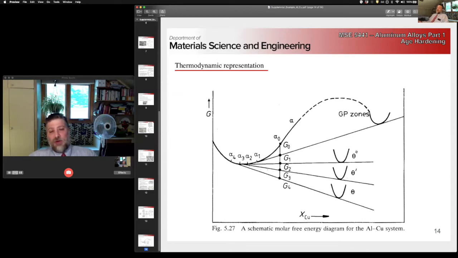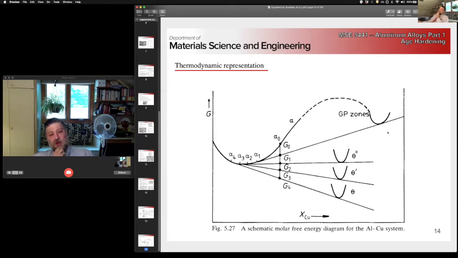We're going to become more and more aluminum rich in the matrix. And what's interesting is each of these is progressively lower in copper, right? It's richer in aluminum than the GP zones, right? Remember, the GP zones themselves are just clusters of copper atoms, and these are ordered aluminum copper intermetallic phases,